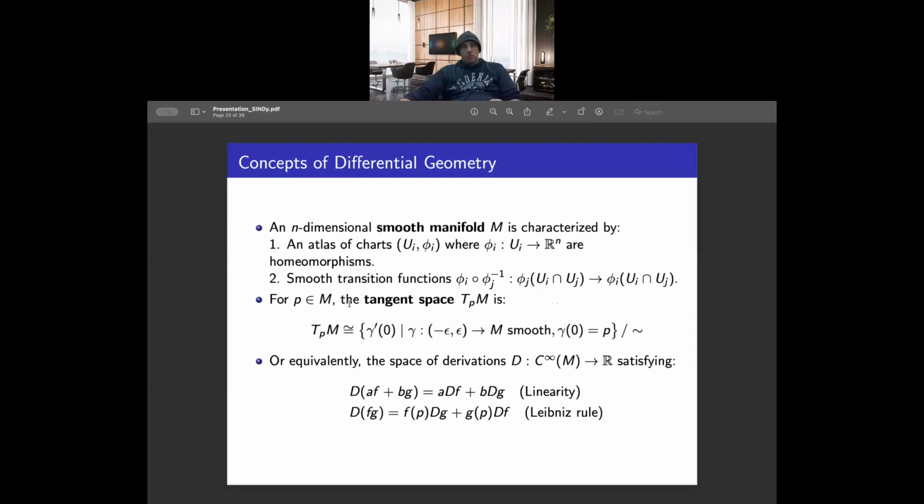And here I am including some of the concepts about smooth manifolds. The first one is how to define the manifold, and for that you have these open sets U_i, and then you have these phi_i, which are usually the homeomorphisms. And then we have these transition maps. If you just want to understand the manifold in simple language, it is like a curved surface, and locally that surface is homeomorphic to a real space of dimension n, if the manifold is of dimension n.